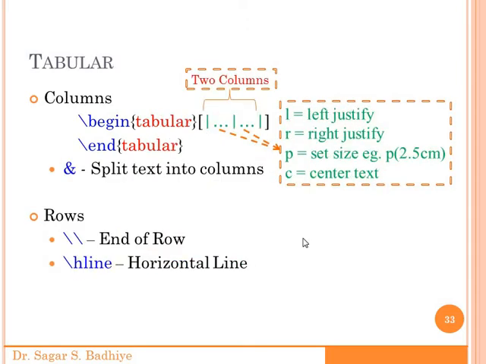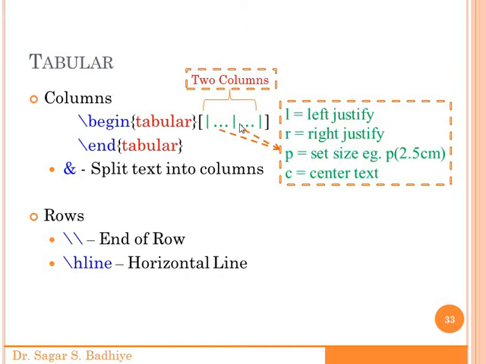There is another environment called the tabular environment, which is used to create the actual table, the content of the table. This tabular environment also begins with the \begin command. \begin within curly braces we write tabular, and within square brackets we provide the columns that are to be created. These columns are separated by vertical lines or pipe symbols. Here we have placed 3 pipe symbols, so this indicates that there are 2 columns, right? This is the first line, second line, third line, and in between we have 2 columns.